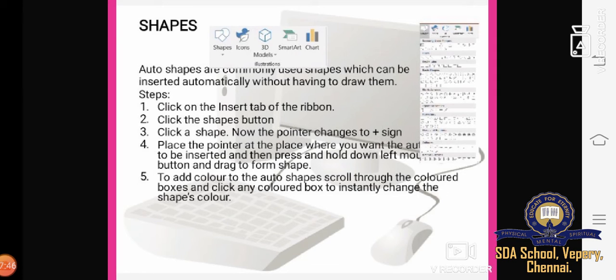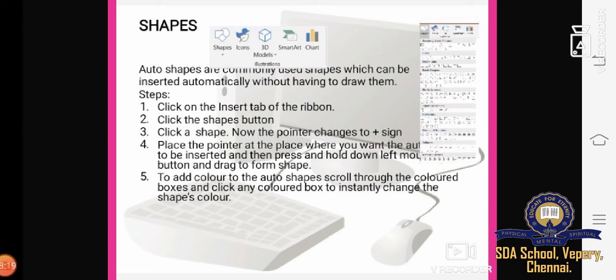MS Word. MS Word offers tools such as shapes and boxes, different kinds of shapes and boxes, which can illustrate your work and make your work easier. They call attention to items on the page or to the document itself. With a couple of clicks, you can insert shapes and give your document a more designed look.